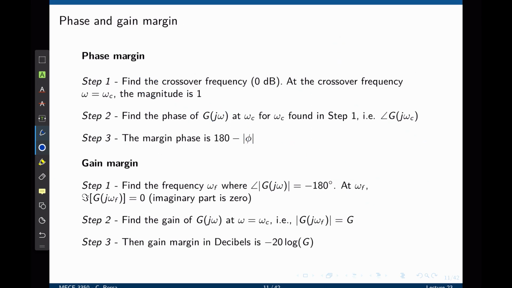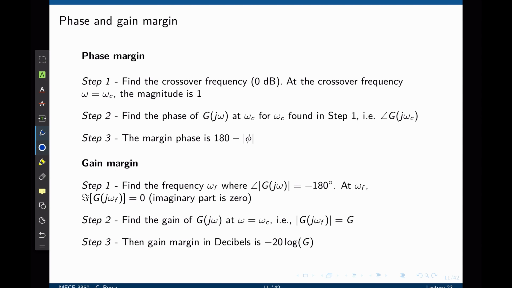Calculating the phase and gain margins of a system is very important and crucial to design a controller based on the frequency response. To find the phase margin, here are the 3 steps to follow. Step 1, find the crossover frequency. At the crossover frequency, the magnitude of the transfer function is 1 or 0 decibels. Step 2, find the phase of the transfer function at the cutoff frequency. The phase margin can be calculated in step 3 as 180 minus the magnitude of the phase at the cutoff